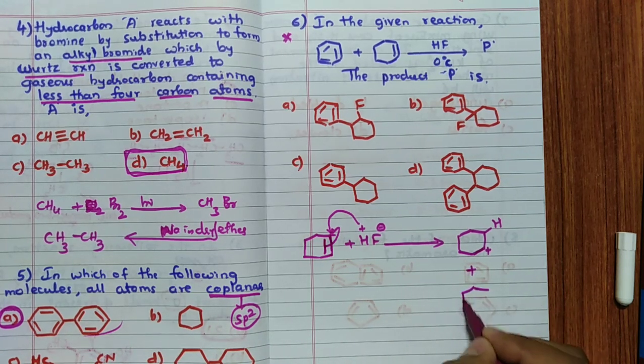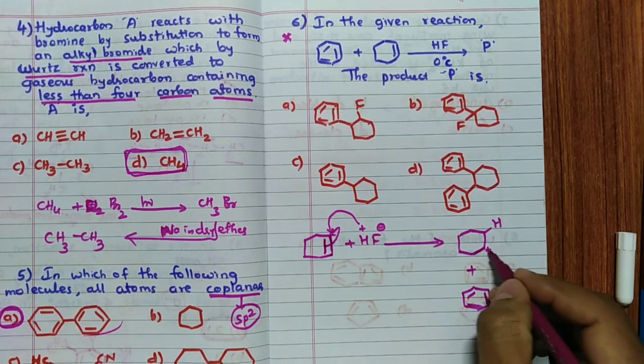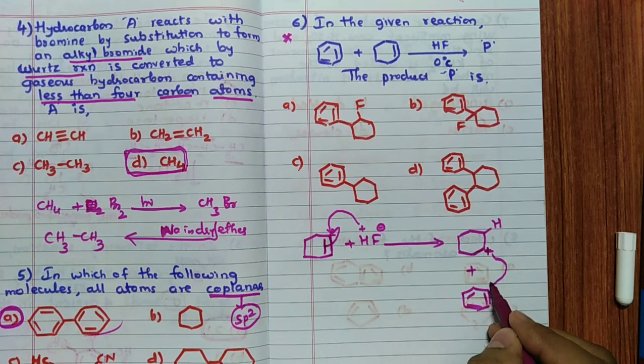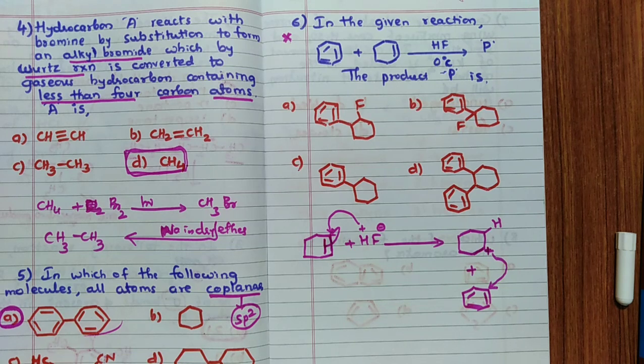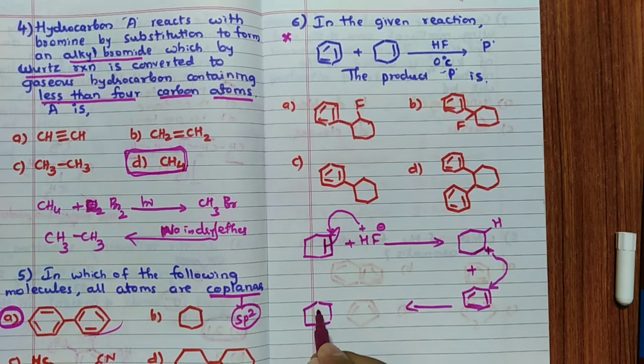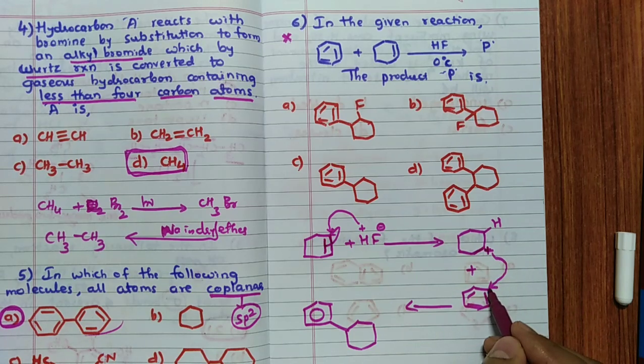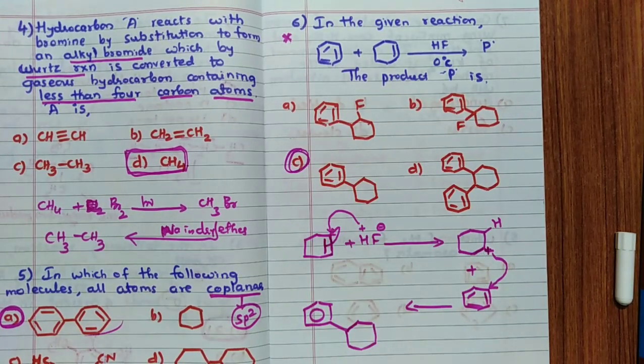Then this will react with the benzene ring. Now this is just like an electrophile. Electrophile will attack on the benzene ring, because the benzene ring is an electron rich center. So now this will attack on this particular carbon. So in this particular case, the product formed will be the benzene ring, then a bond, then this plus and this carbon will form a bond, so that you are going to get this particular product. This particular product means the answer should be C.